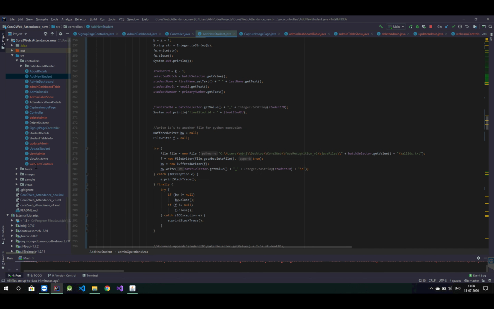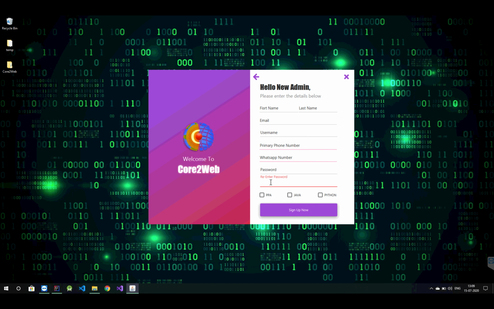So first of all, when we were doing our application, we took the inspiration from the existing Core2Web application which was done by the students of previous batches and which was being used for current batches to monitor the attendance of the students. So from this sign up page you can be an admin of this application by enrolling into it. I have already enrolled with a login ID Abhi and some password.